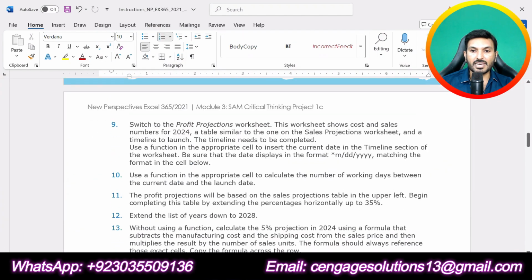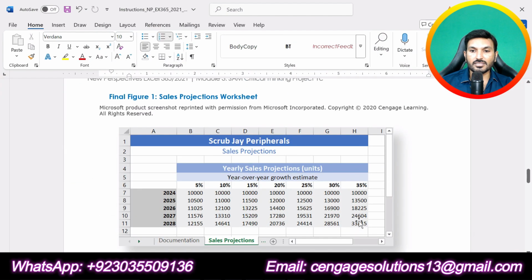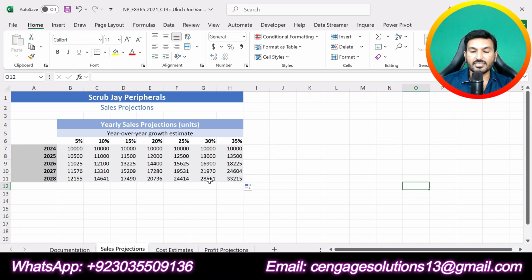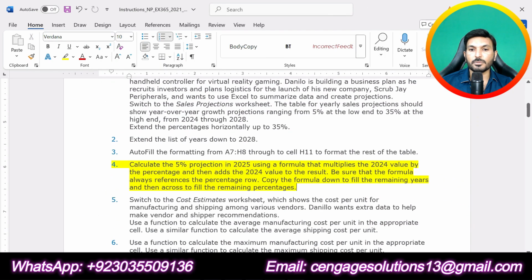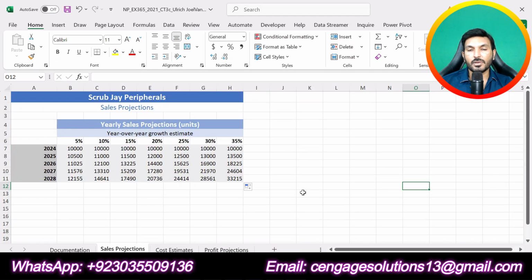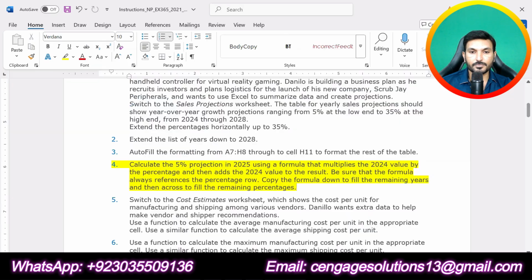So now let me match the result to the figure, and you can see that our results are exactly the same. So that means we have done this step correctly. So we are done with 4 steps of this assignment so far, and now we are going to do the next step, that is step number 5. So I am doing this step by step and I am explaining it as well so that you can understand this as well.